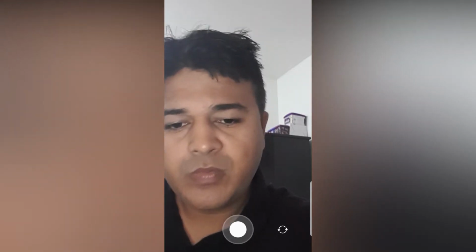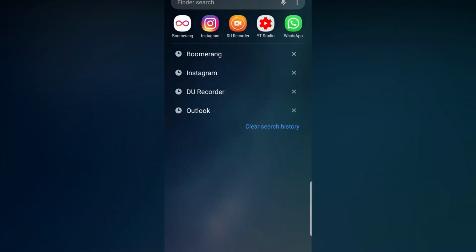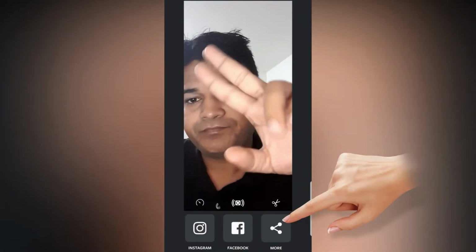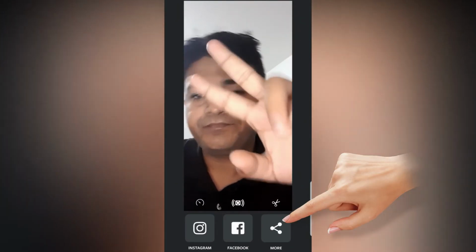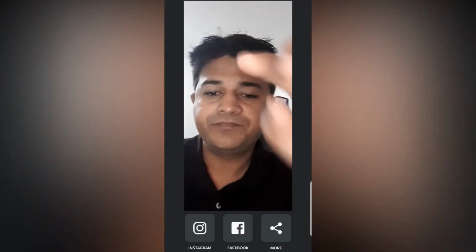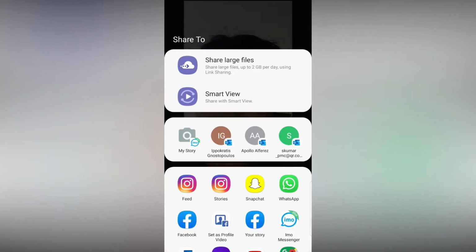So you have to download Boomerang to your mobile. Like I have Boomerang now. Just make a video like you make for Instagram, and once you make your video you can see more options there. Just tap on more and you can share it to Snapchat,